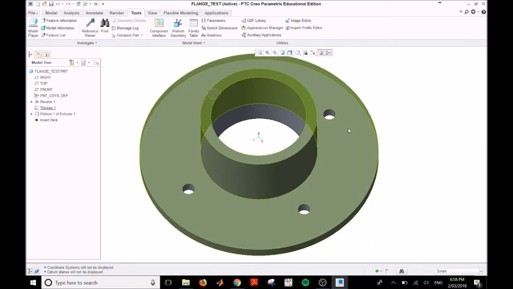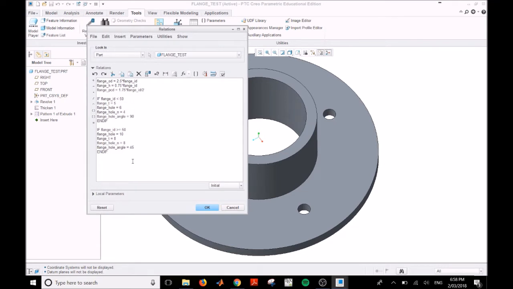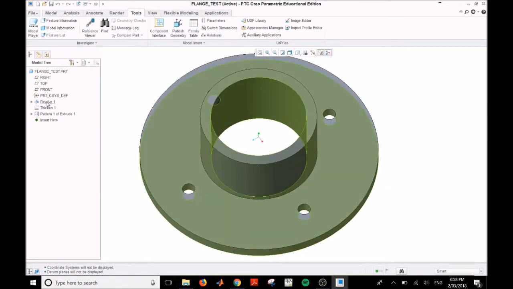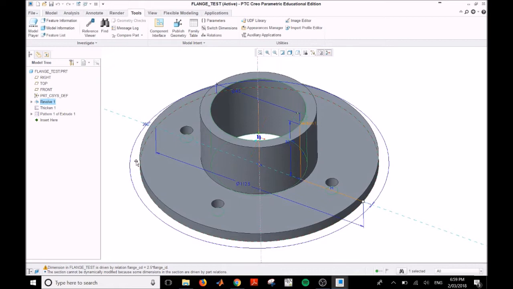However, if we dig a little bit further, and go to the Tools and Relations tab, I have populated some text which describes both mathematical and logical relationships between, for example, the outer diameter of the flange and the inner diameter. So if I just OK this for the time being, and right click on the revolve, edit dimension, I can edit dimensions on the fly, and if I change this from 45 to say 70 mils,